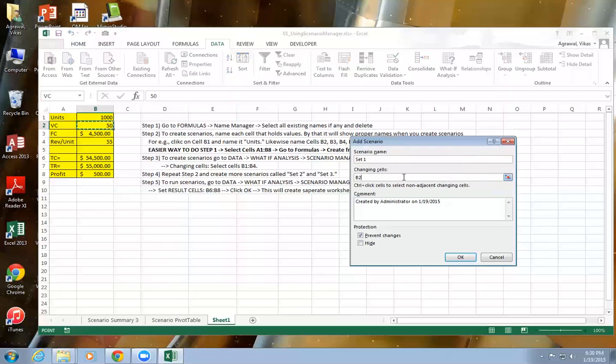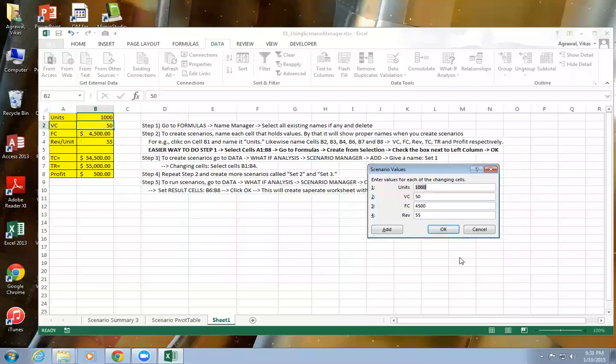Then we have to choose the changing cells. These are all changing cells, because my units are going to be changing, variable cost will be changing, fixed cost will be changing, and revenue per unit will be changing as well. Say OK here, and then you have to set the values.